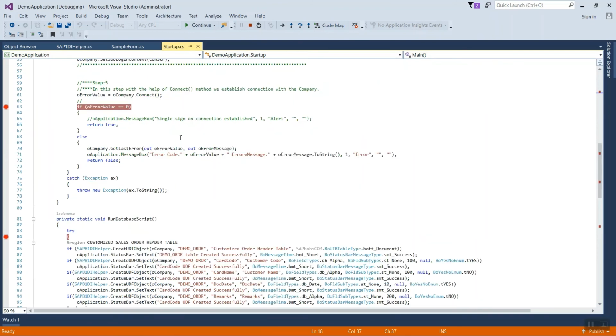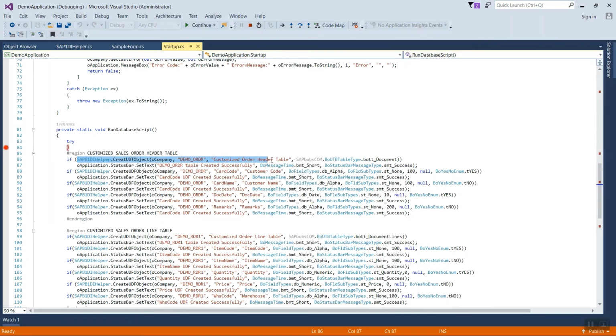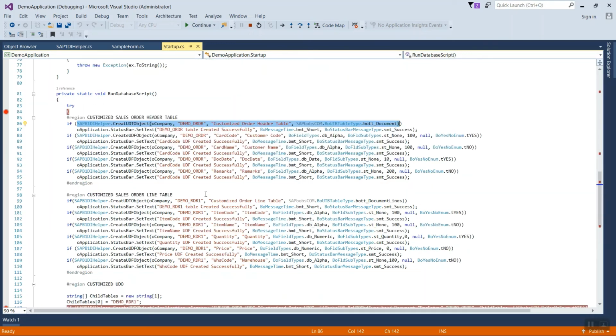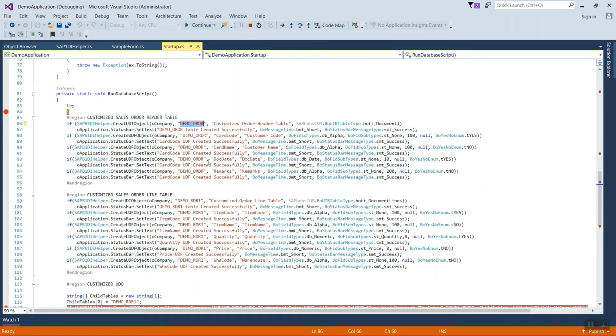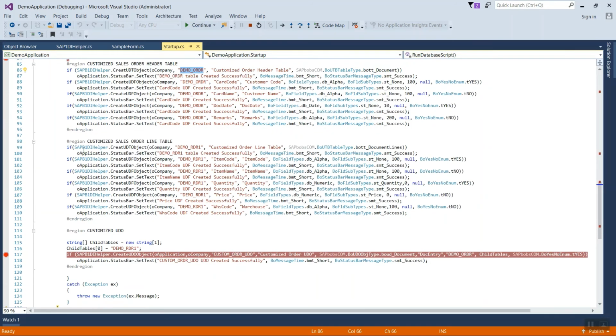You can see the first function is create UDT object, in which we have created the document type table, as we have also seen in SAP Business One, it has already been created. These are the UDF fields that will be created inside this table, which you have also seen. And the second table is the document line table, which you have also seen in the user defined tables window.